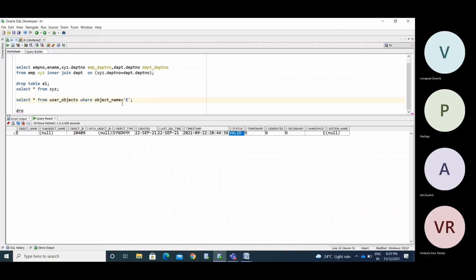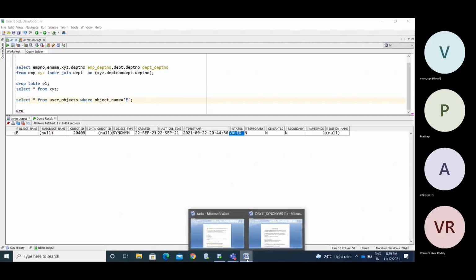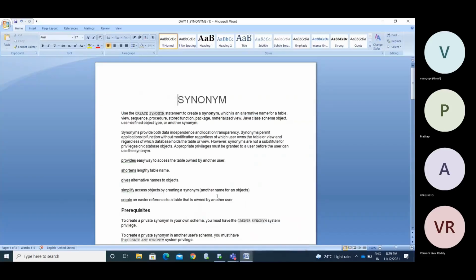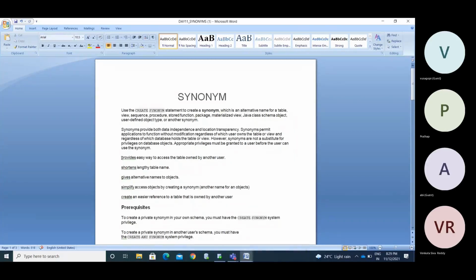Okay, so now I'm going to create the permanent alias names for that. What is the use of this? It provides an easy way to access a table owned by another user.